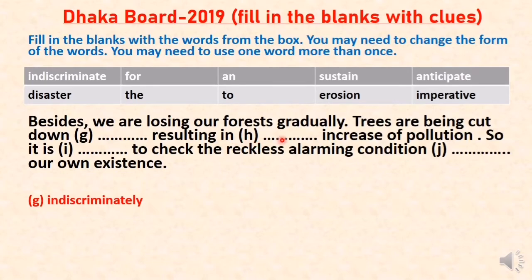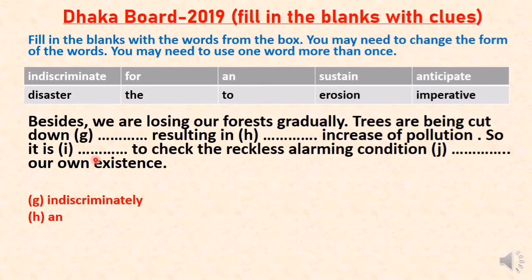in dash increase of pollution. So in an increase of pollution. Here we are supposed to use one article and that one is an. So it is dash I number. It is dash to check the reckless alarming condition. Students, reckless means rash or carelessness. So here the answer will be, it is definitely, after it is once again we are supposed to use